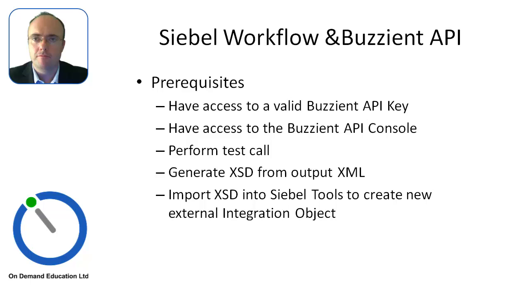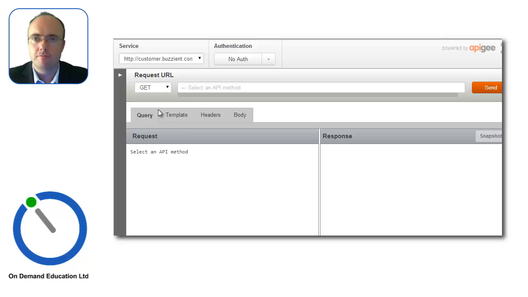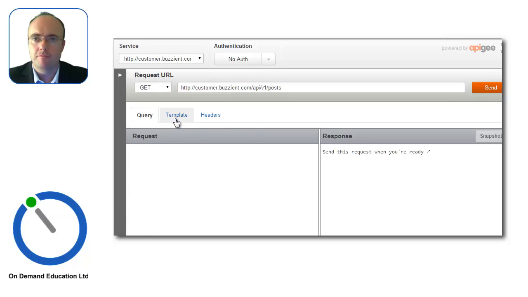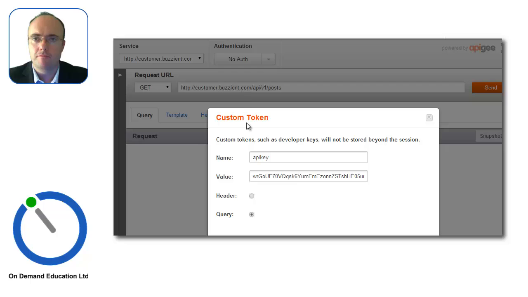The prerequisites are simple. You need a Buzzient API key, access to the free console, and we need to perform at least one test call to be able to generate an XSD, which we will now demonstrate. So here I am in the free Buzzient API console. Of course, depending on what you're going to try and do, select the relevant method, add a custom token with your API key,